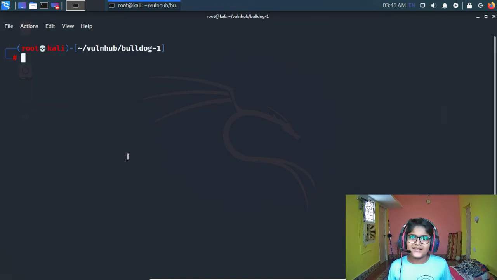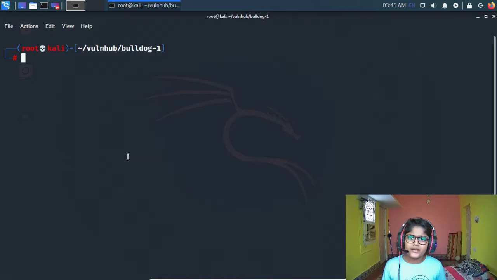So what is nmap? Actually, nmap is a program to scan for open ports in a machine or a server. Actually, you need to do this only for machines you have permission for, not for any other machines online, because you will get arrested if you do that. Just simple, I wanted to mention that.